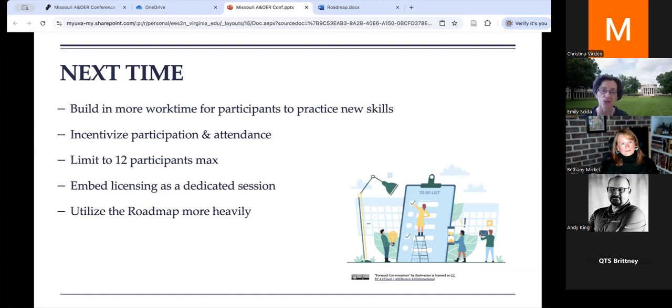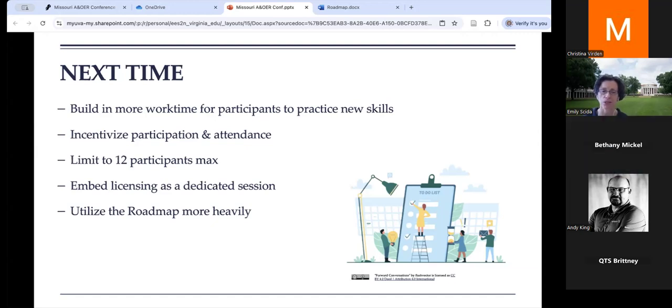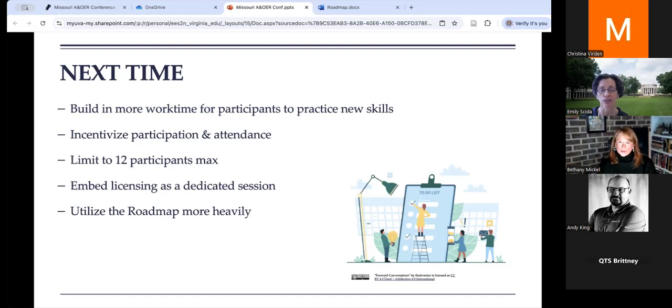One thing that we struggled with in this iteration, but not in our first iteration, was attendance. And we're still trying to figure out why that was and how we might address it in our next iteration. Even though we asked participants to commit to attendance at least 4 out of the 5 sessions, we ended up having very spotty attendance this time around. And so this is something we'll be thinking about how to address for next time.